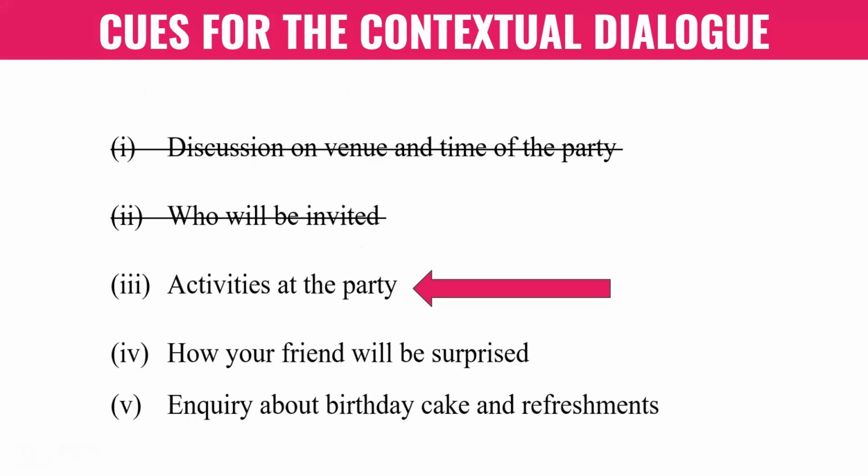So the cue that we have to fulfill is activities at the party. We've completed discussion on venue and time of the party. We have completed who will be invited. That is finished. Now we are going to fulfill cue number 3, which is activities at the party, okay? So now,